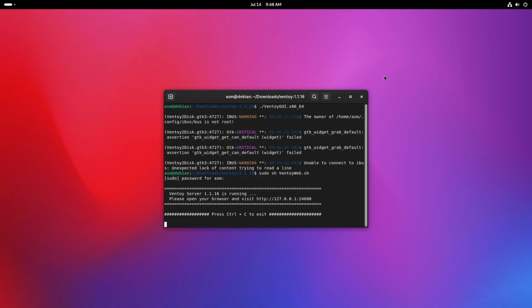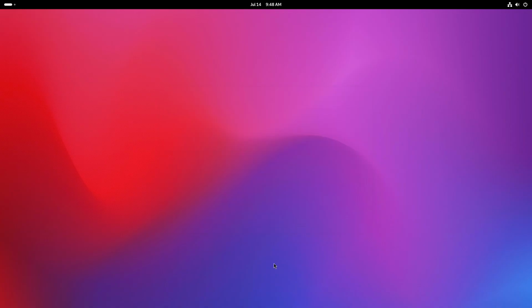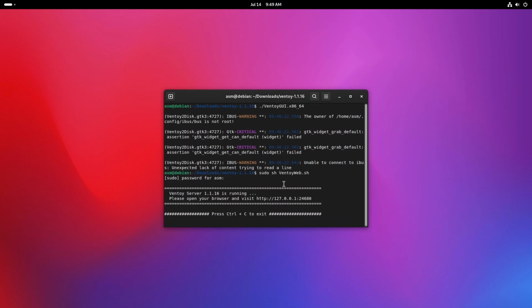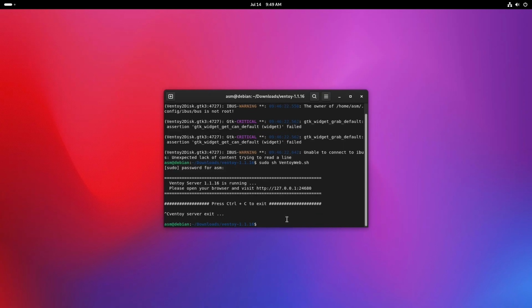Accessing the WebUI remotely. By default, the WebUI only listens on localhost, meaning you can only access it on the same machine. However, you can bind it to a specific IP address and port to access it from another device on your network, using